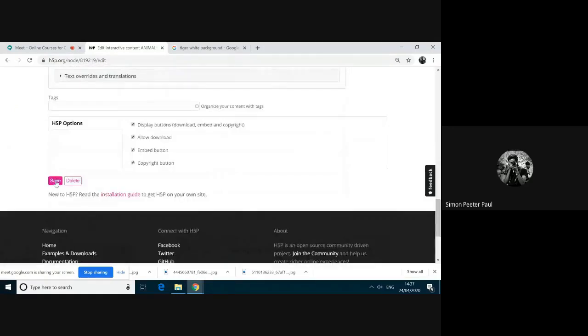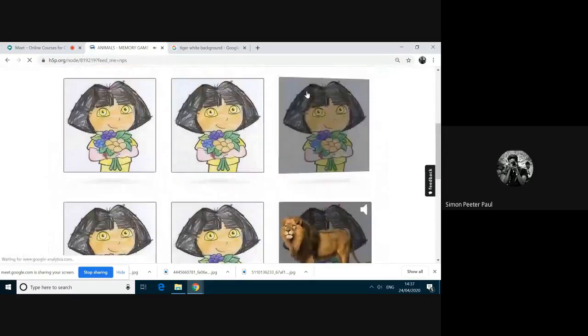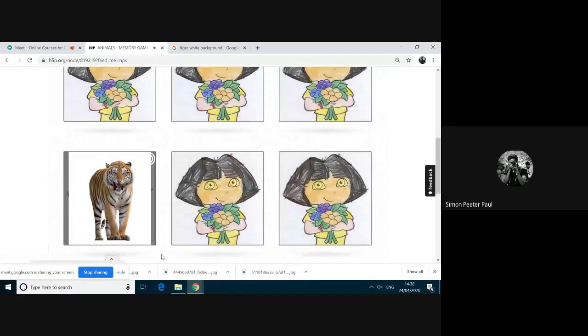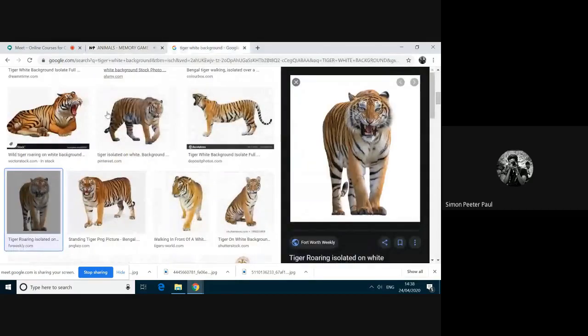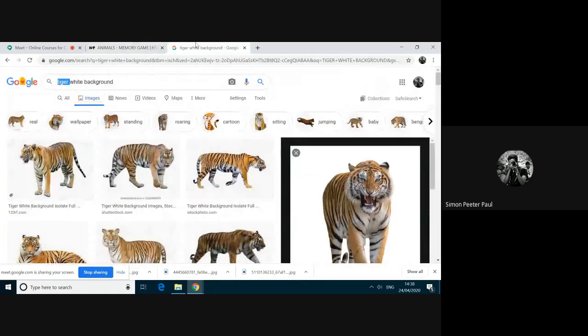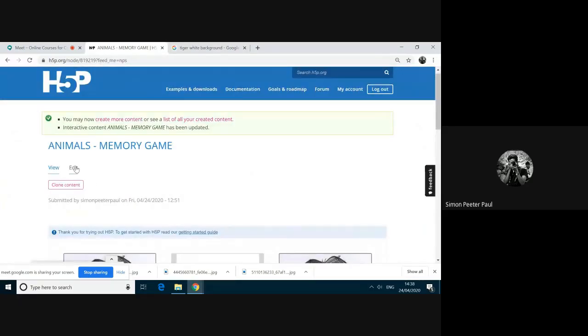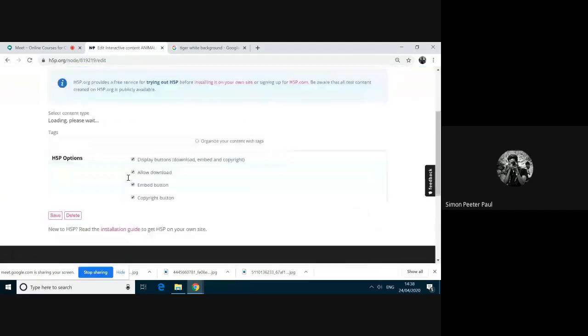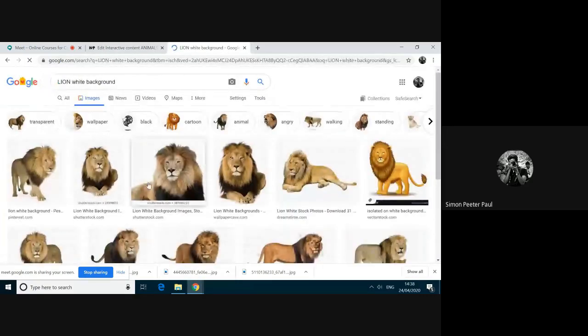Now let's see. I'm moving down, clicking the save option. Now see. Like this, you can add the images, so the background will not be visible. Okay, I will search. Okay, here. So if I want to fix that one completely, then I can use the edit option. I can change. Now I will add lion also.